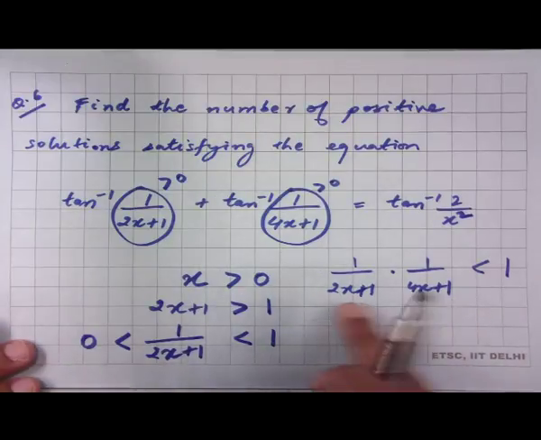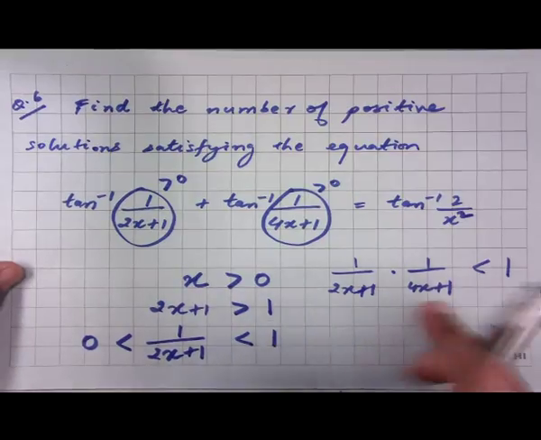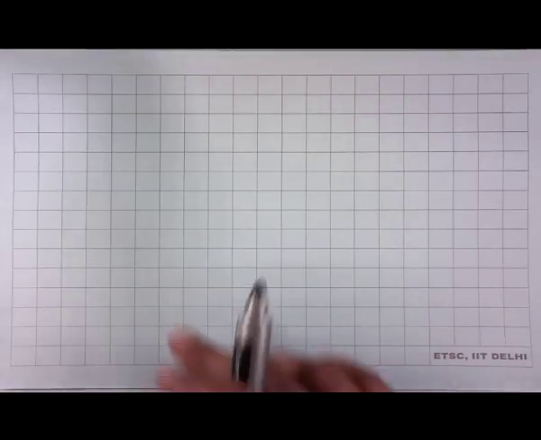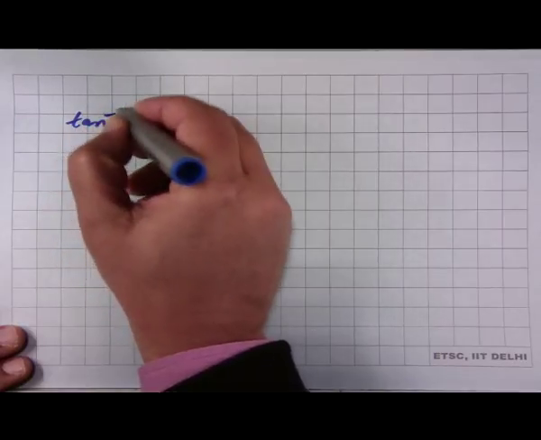Which is true here, because we have already shown the product to be less than 1. So therefore we have